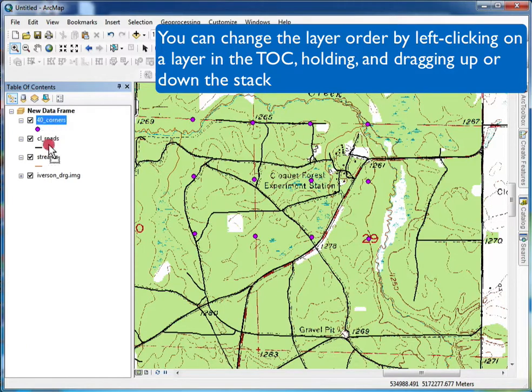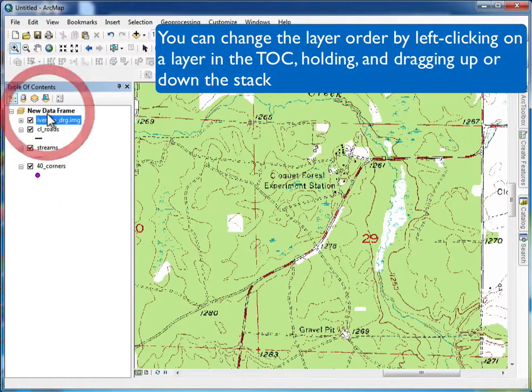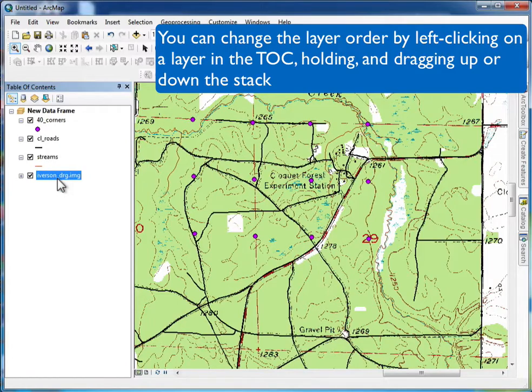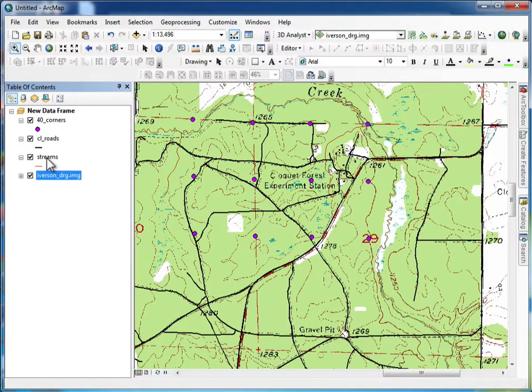Now if I want to change the layer stack order, I can left click in the table of contents on a layer and drag, left click and hold and drag. Now you usually put the images or rasters on the bottom, then the polygons, then lines, and finally points on